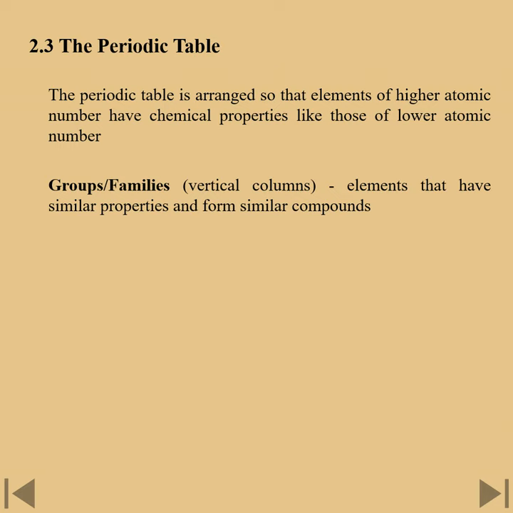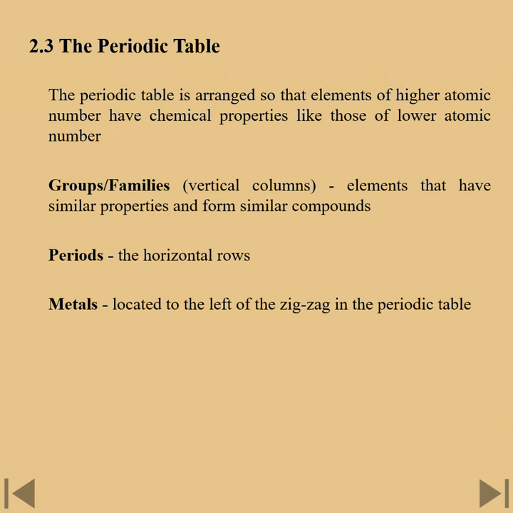Let me share some terms with you. I hope you have your periodic table pulled out. And we have groups, sometimes called families, and these are the vertical columns. And we find that they're called families because they share similar physical and chemical properties, hence the term families. Again, these are vertical columns. Then we have periods, which are the horizontal rows, and this is going to be related to the buildup of